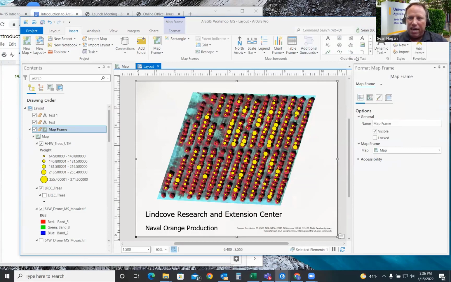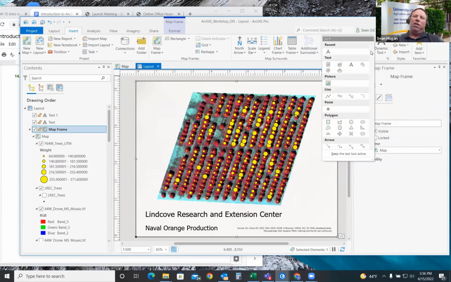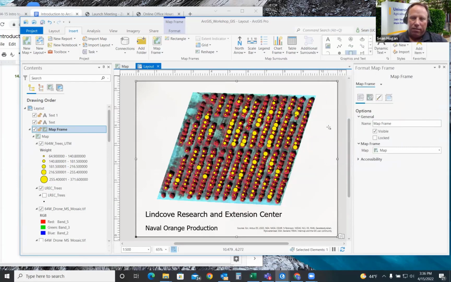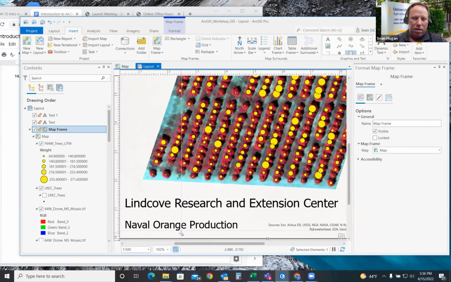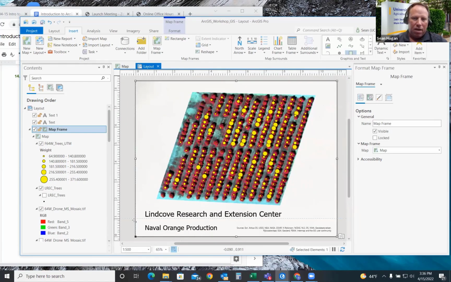You don't see it initially, there's text box, but if I click on the drop down button, it'll give a number of options, including polygon. So I can select rectangle is one of my options. This will be kind of hard to do at this scale. I might want to zoom in a little bit. Maybe not. We can always zoom in for the corrections.